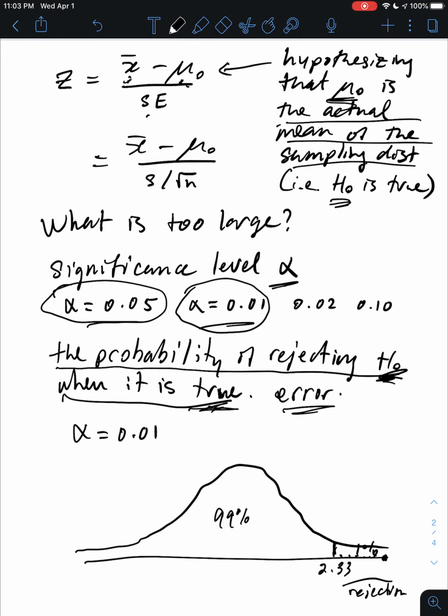That's exactly what this diagram means: that we are rejecting the null hypothesis when it is actually true 1% of the time. Otherwise, we are rejecting the null hypothesis when it is false 99% of the time. Okay, so